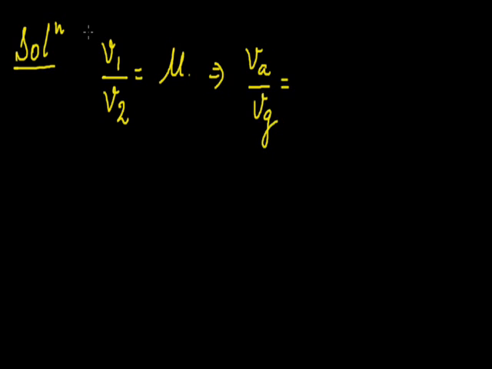this question. As we know, the velocity in medium 1 with respect to the velocity in medium 2 is given as the refractive index of the medium. So in this question we have the velocity in air with respect to the velocity in glass. As you know, the relation between the speed of light in the first medium and the speed of light in the second medium is given by this formula, where mu is the refractive index of medium 2 with respect to 1.